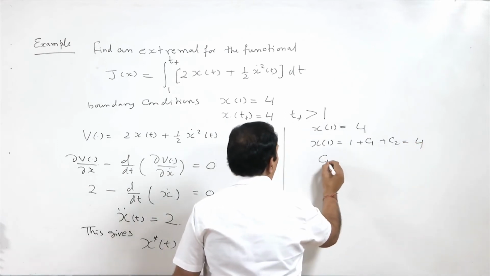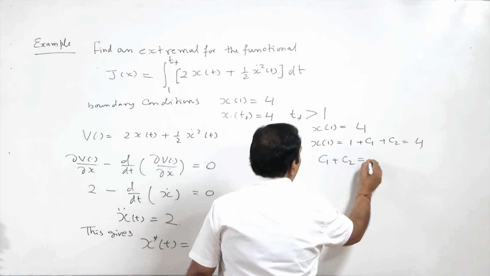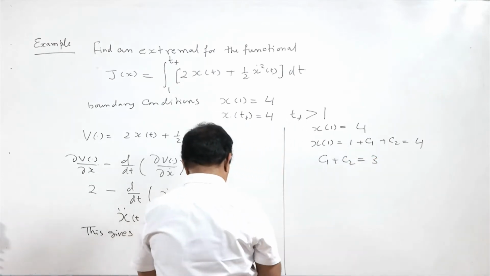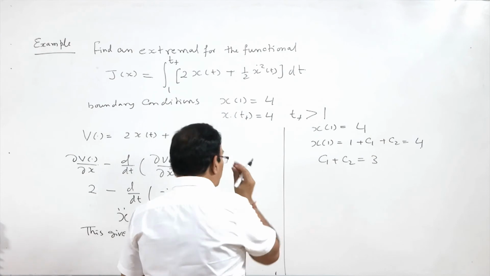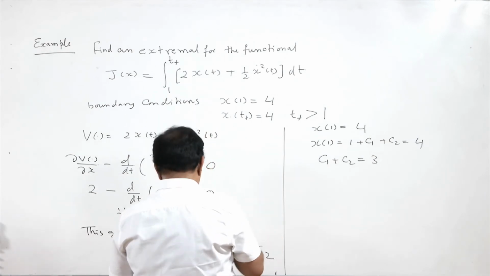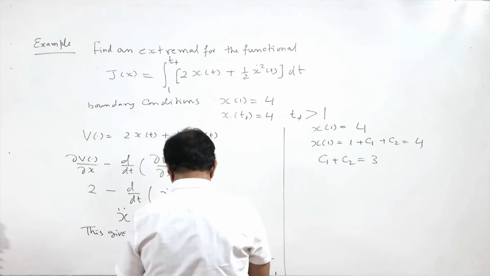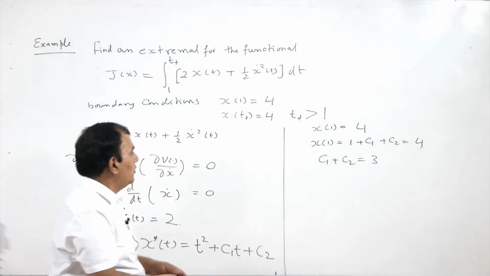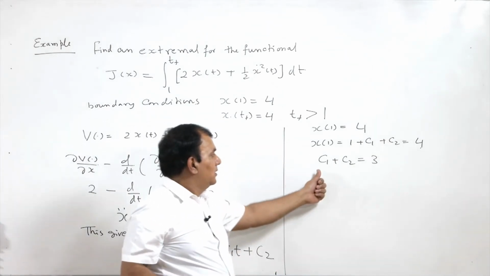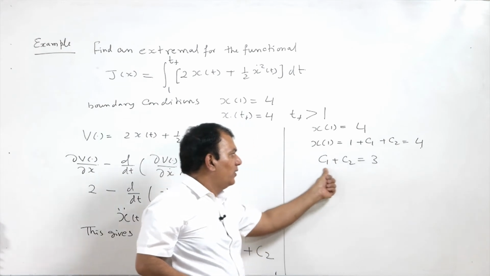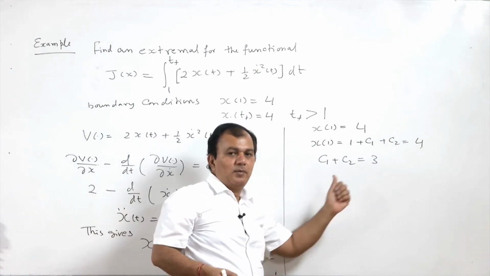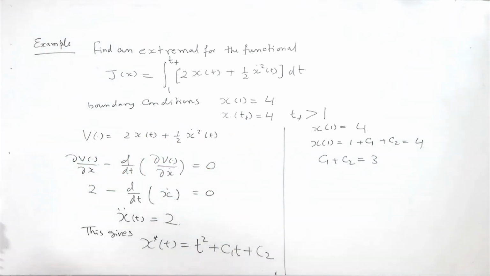So, my equation is C1 plus C2 equal to 3. So, by the initial condition we can find one equation in C1 and C2, which is giving me C1 plus C2 equal to 3, and the second condition